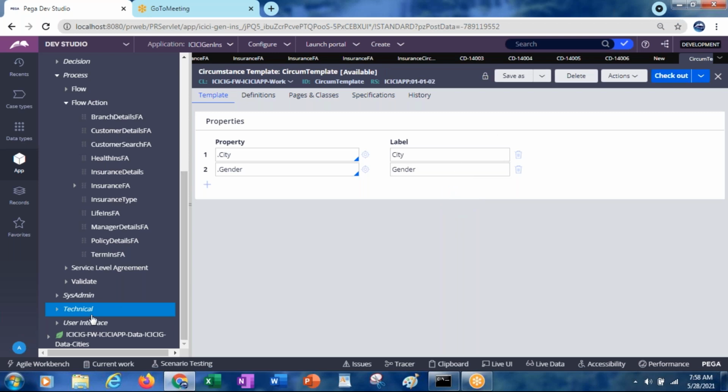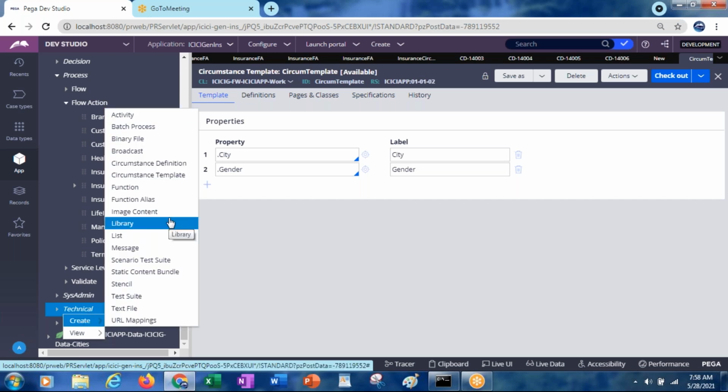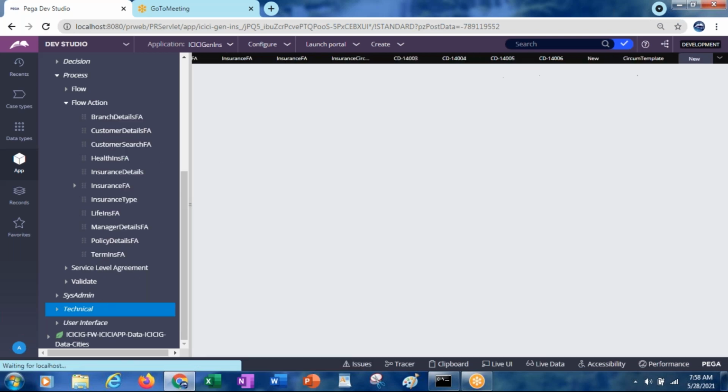After creating the template, now let's go for the definition. Create circumstance definition. This circumstance definition is referring to the circumstance template.